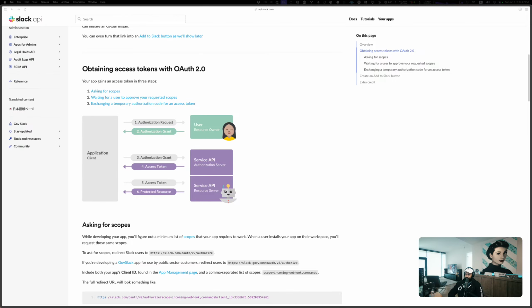But you see here how there are 3 parties. There's the application, which in this case is me. I am the client. And then there's the user, that would be you. And then there's the service that I am trying to do things with, which in this case is Slack or GitHub or Google. So the flow is my application is going to request from the user access to some resource. The user is then going to grant me access to that resource. And the way they do that is what you may have seen, maybe not.